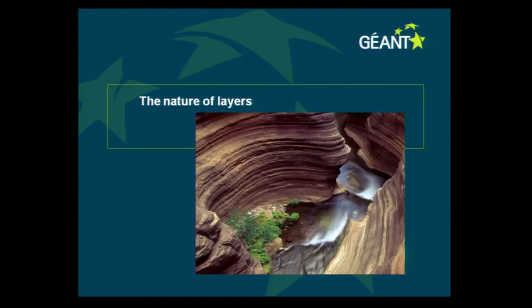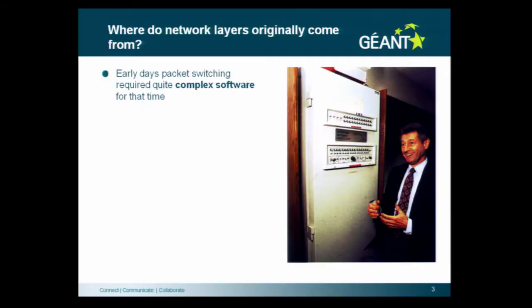So let's start. First I'm going to diverge a little bit about the nature of layers. So where do network layers originally come from? Actually, in the very early days, this is Leonard Kleinrock with the very first Interface Message Processor, the IMP. So in the early days, packet switching required